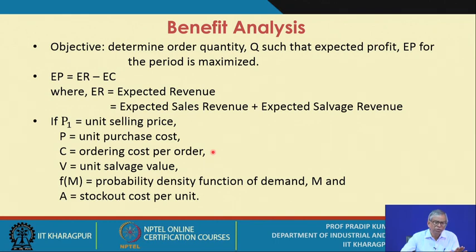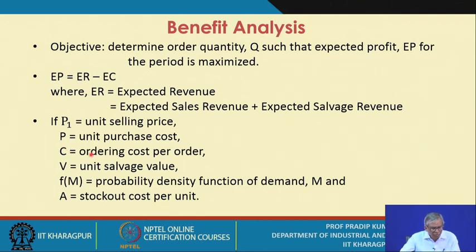Any activity you carry out has a cost associated with it. So you need to identify those activities in a given situation, estimate the corresponding costs, and in a systematic manner get an estimate of the ordering cost, and usually ordering cost is calculated on a per order basis. One order may consist of one item, or it could be more than one item. Both the cases we will discuss in detail later on.